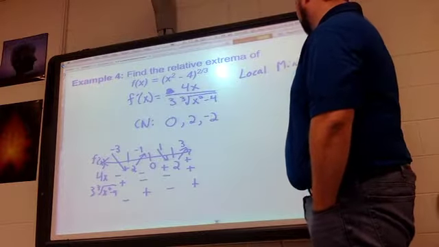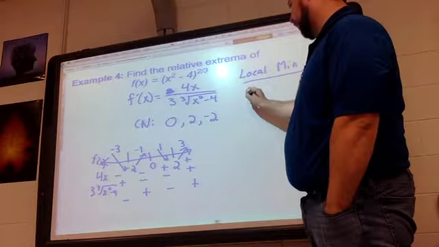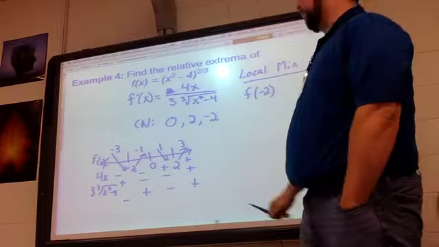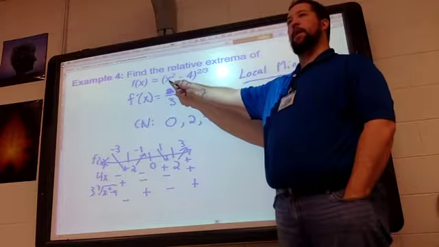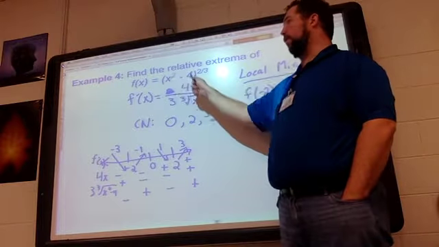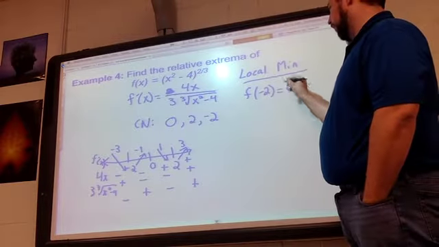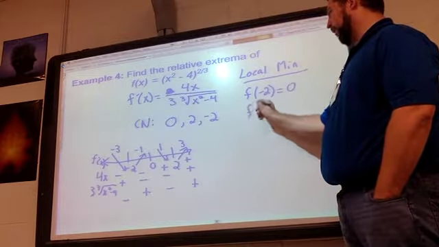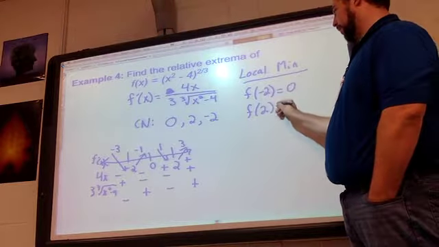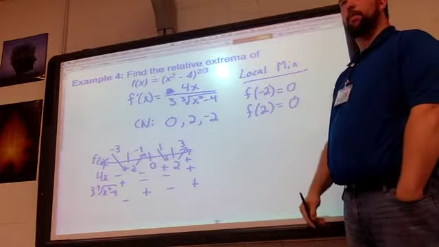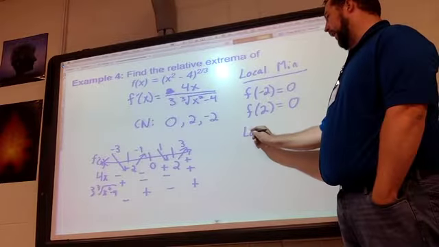All right, so we have a local minimum at f of negative 2. If I plug a negative 2 in, negative 2 squared is 4, 4 minus 4 is 0, and 0 to any power is 0. We also have the same thing at 2, which if I plug a 2 in, I also get 0. And then our local max